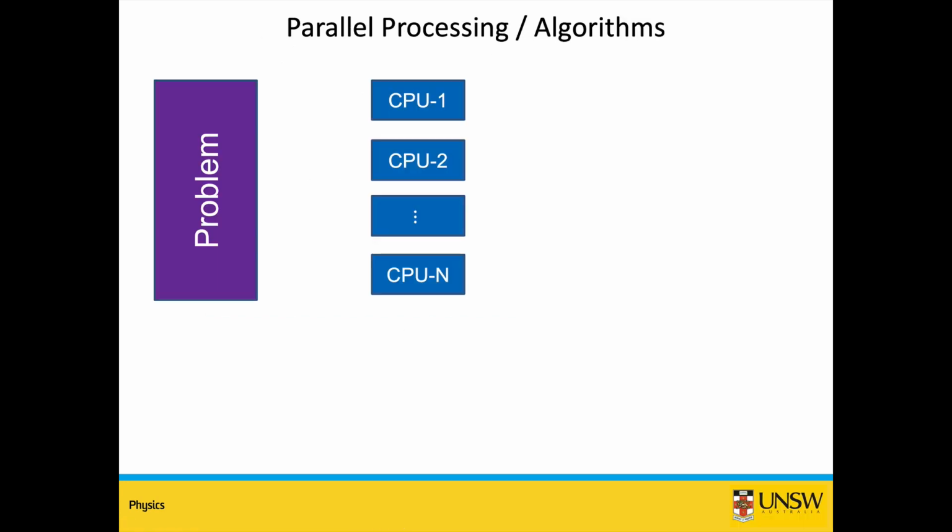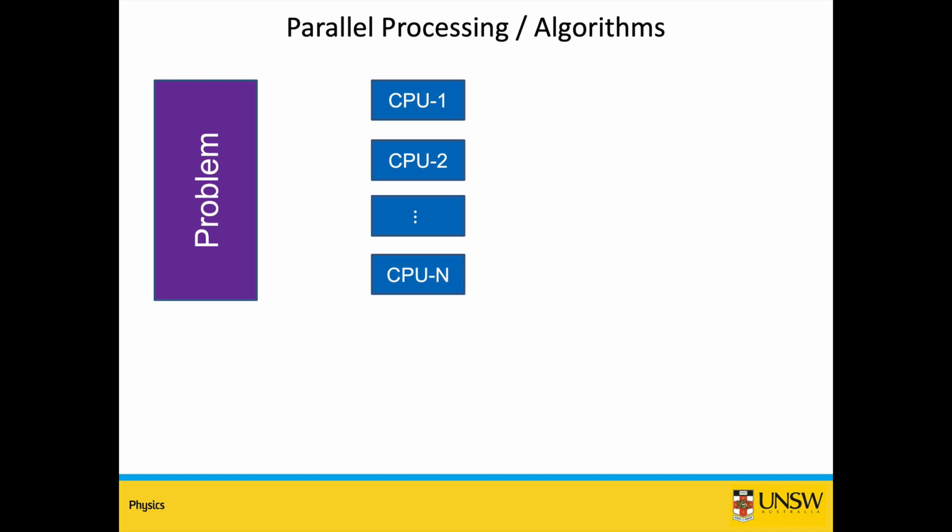Now let us come to parallel processing or parallel algorithms. So we have talked about the storage of data in the form of sparse matrices, and then we have talked about the machinery that you need to run this code, and then the interface when you log in. How does the prompt look to you when you use these large machines? And the next step is to parallelize your algorithm.